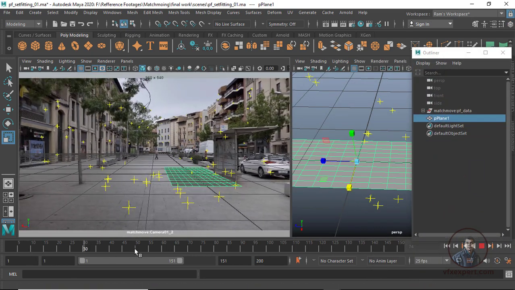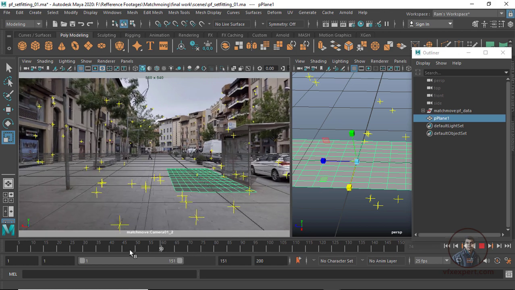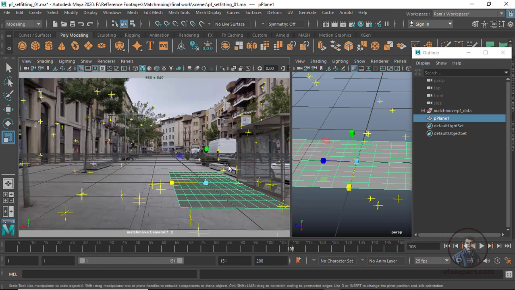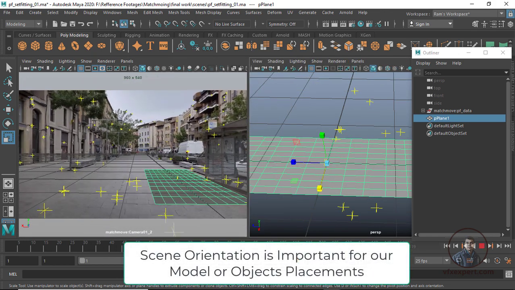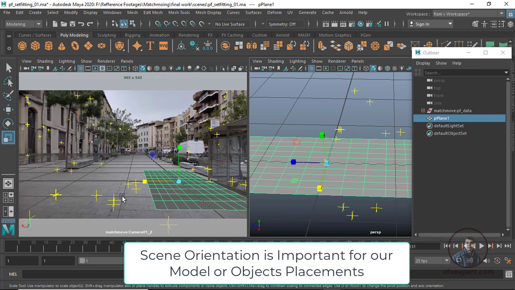Now suppose you also want to adjust your scene orientation before importing your actual model. If you want to adjust your scene orientation, you can also do it in Maya. For this I am going to adjust according to this line.